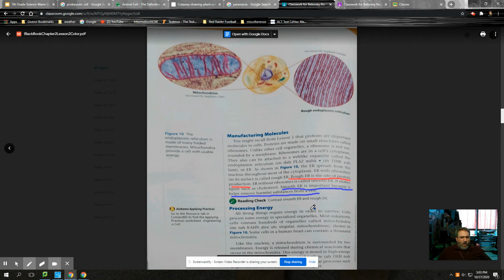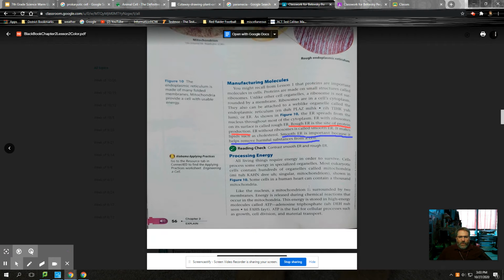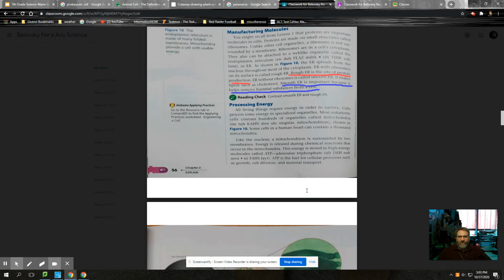All living things must have energy in order to survive. That includes every living thing. Everything must have energy in order to survive. In order to survive, your cells have to have energy themselves. So what is it that creates this energy for cells? Well, they are called mitochondria. And the definition for mitochondria is located